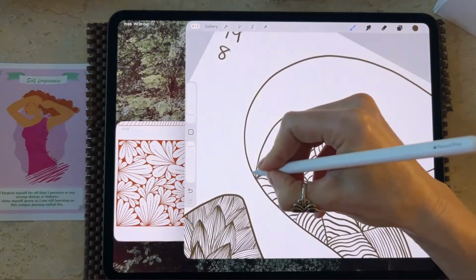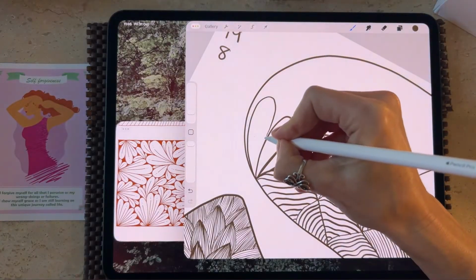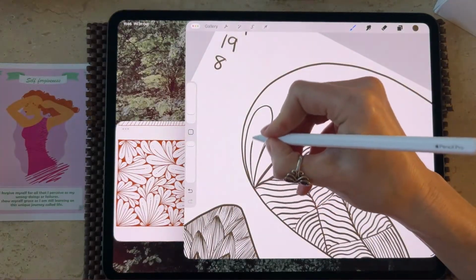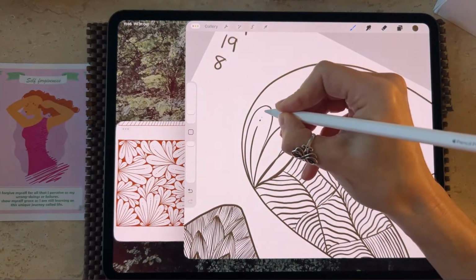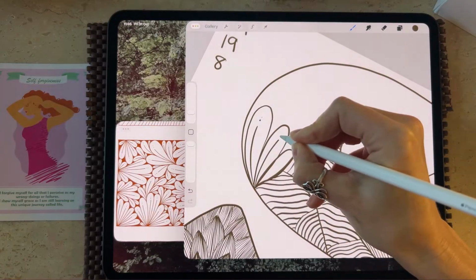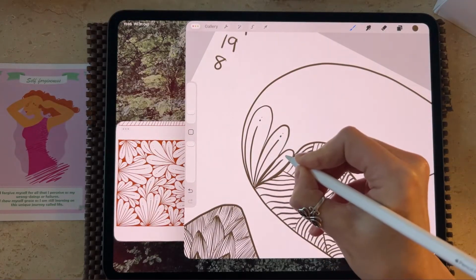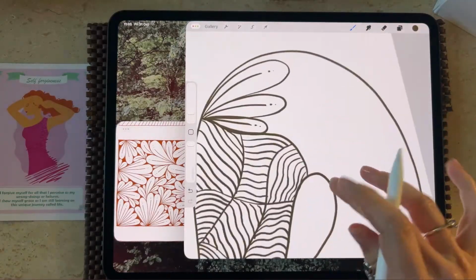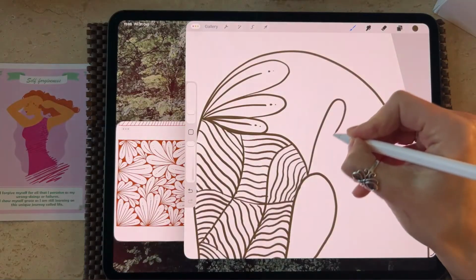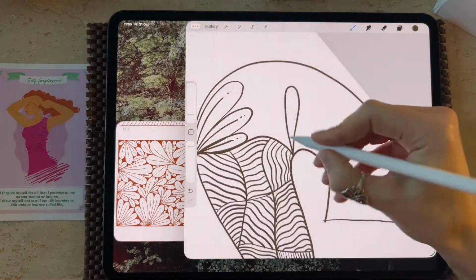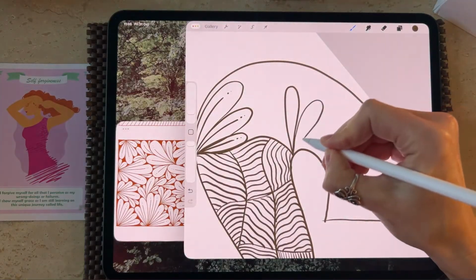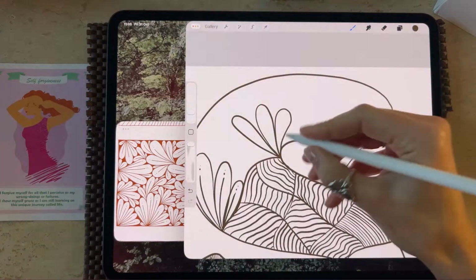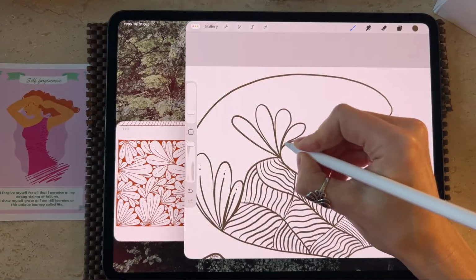I do like these leafy patterns, just nice organic shapes, bringing nature into our doodling. So in any gap you find, just drawing fronds.